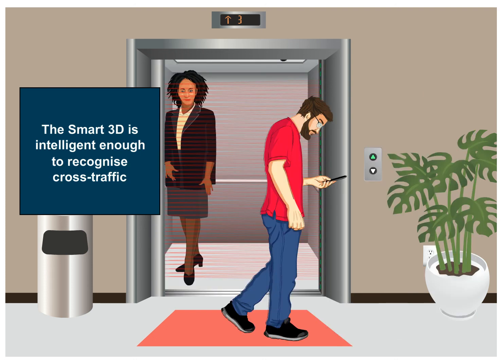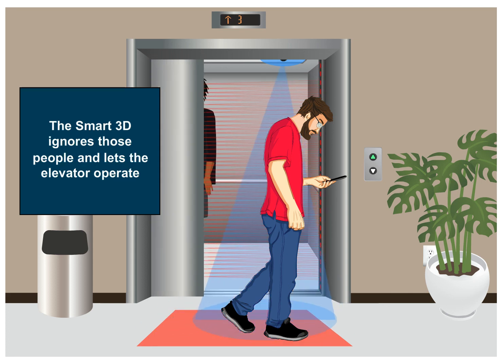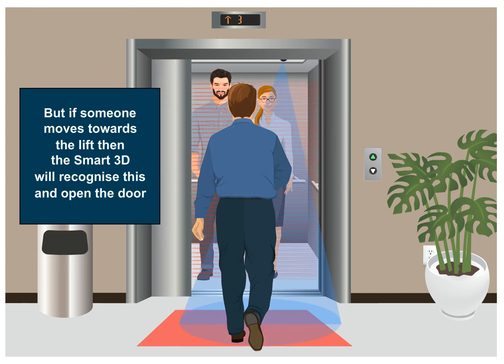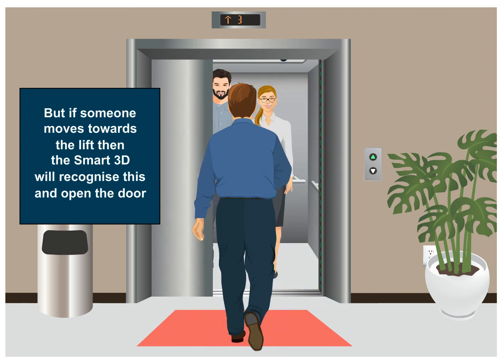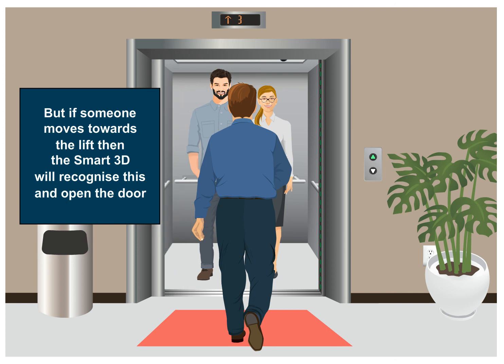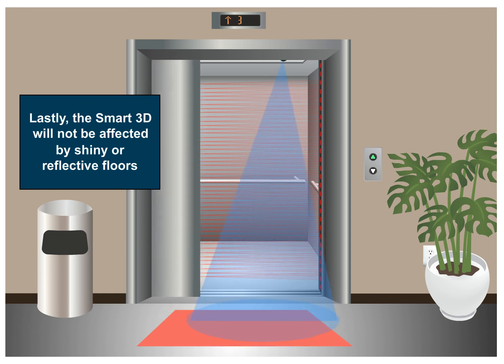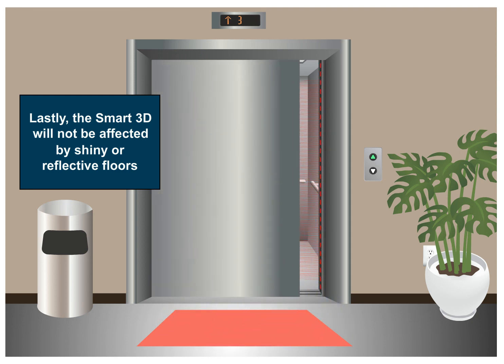The Smart 3D is also intelligent enough to recognize cross-traffic as people who are not looking to enter the lift, but instead are just moving through the building. The Smart 3D will know to ignore those people and continue to let the lift operate. But if someone were to move towards the lift, then the Smart 3D will recognize this and then open the door. Lastly, Smart 3D will not be affected by shiny or reflective floors, allowing the system to operate as intended